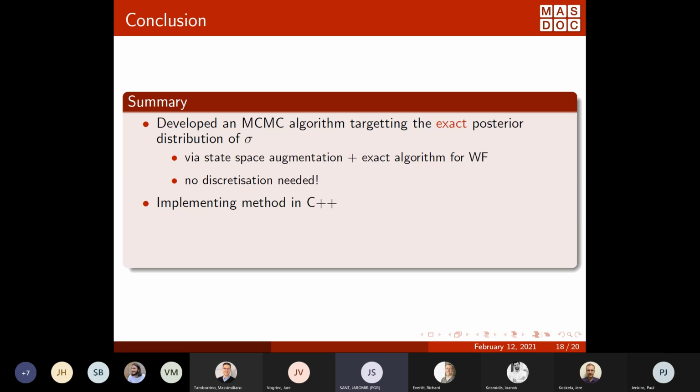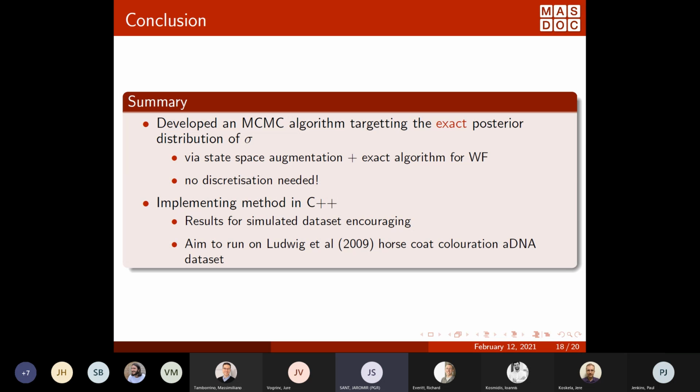We've implemented this method in C++. As I said, there's a couple of bugs which we hope to resolve soon. But the results for the simulated data set are quite encouraging, and we plan to run this on the Ludwig et al. horse coat